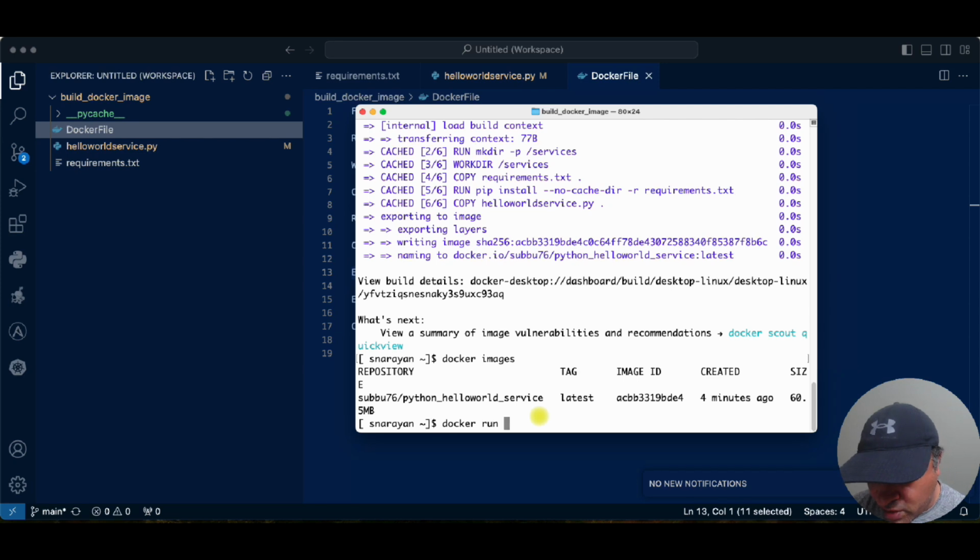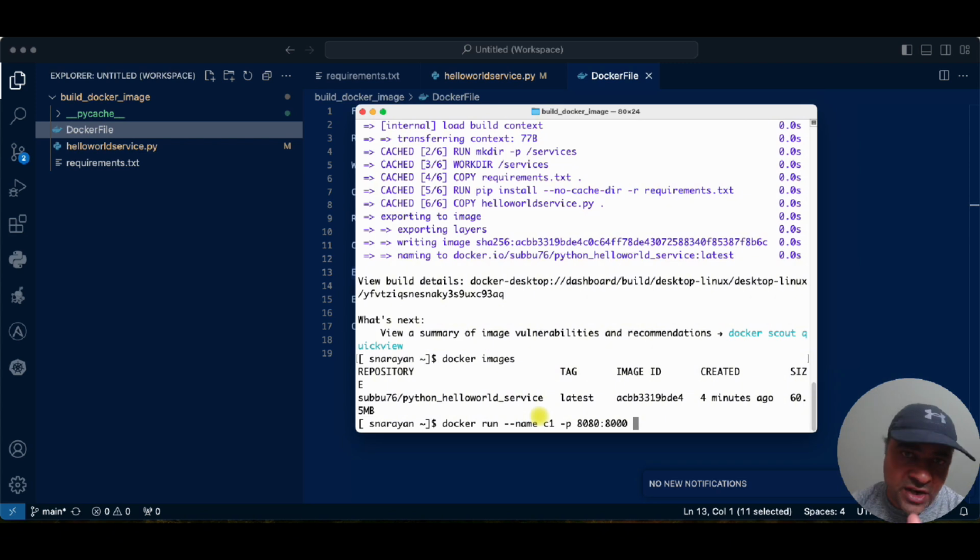So we have to use Docker run, and we have to provide the name of the container. If you don't give it, it generates a default name, a rubbish name, and it doesn't make any sense. So I'm just going to give the container name as C1, and we want to publish this service to the outside world. Which means that whenever a request comes in, let's say on 8080 on my laptop, it gets mapped to 8000